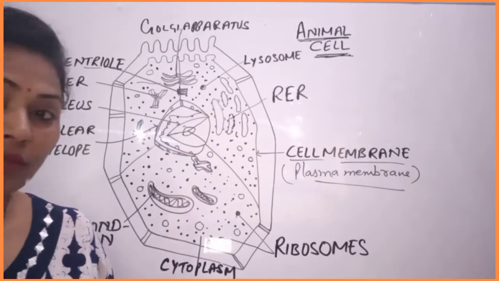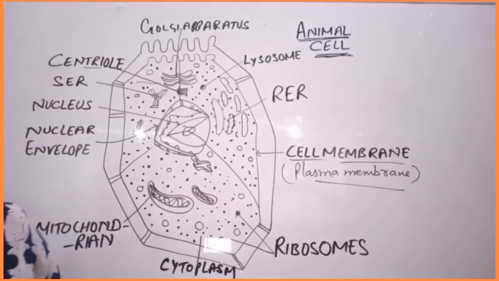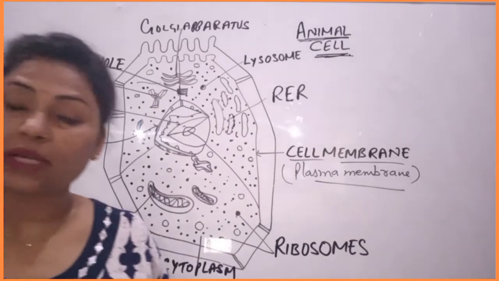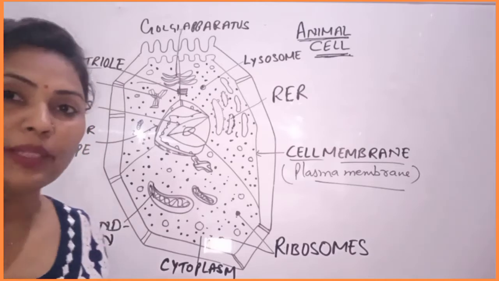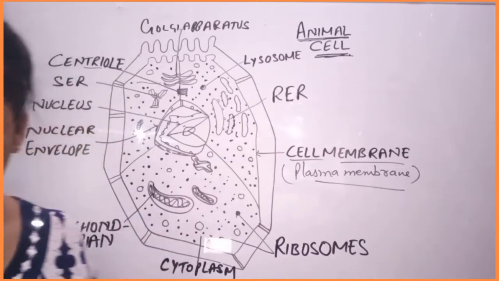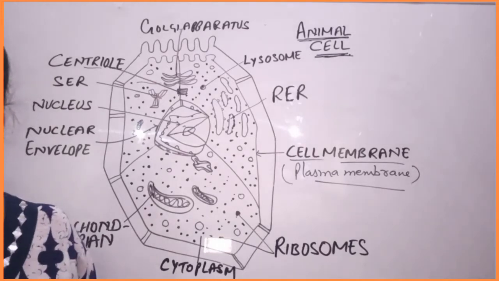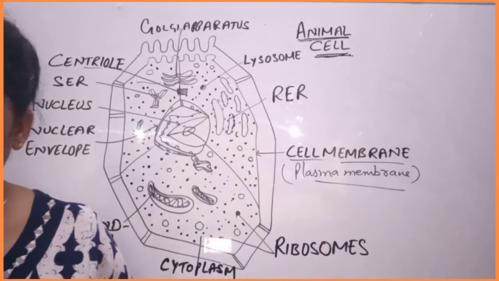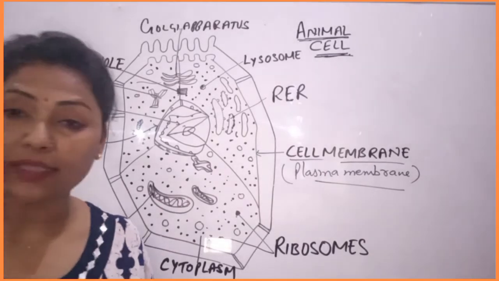Okay, and these are absent in bacterial cells also. Got it? Now these are tubular membranes that transport substances from one part of the cell to the other part of the cell. So they will help in the transportation. Now next, vacuoles. Vacuoles are non-living structures, fluid-filled spaces bounded by the